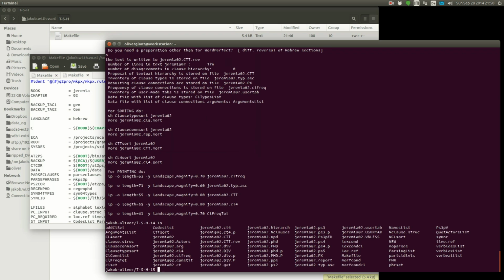The only thing that we have to change now so that we can use a normal word processor for the text-syntactical hierarchy output. Yeah, this is our output that we're interested in. We need to transform this file, the Jeremiah chapter 2 .ctt reversed, into an RTF file. And this we do by the following command: